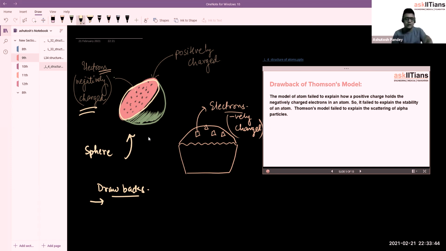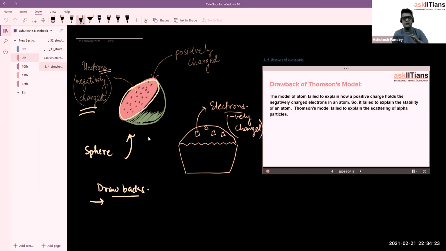With what force, or by which kind of arrangement, are the whole positive charge and negative charge present inside the atom? It failed to explain that. Also it failed to explain the whole stability, like what is the arrangement of this positive and negative charge. And he was also unable to explain by his proposed model why